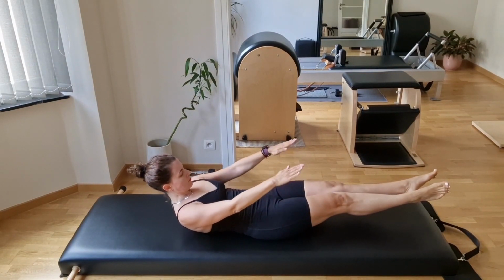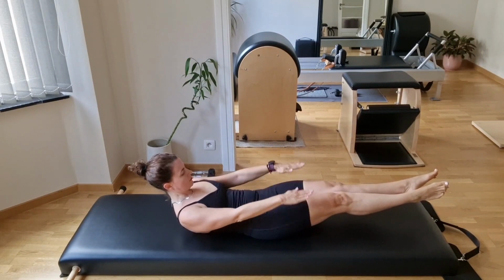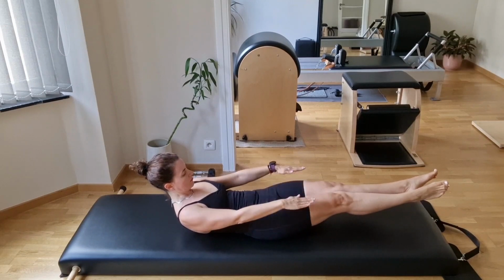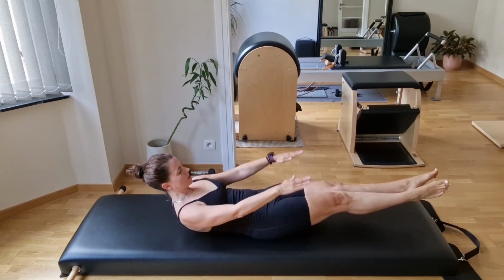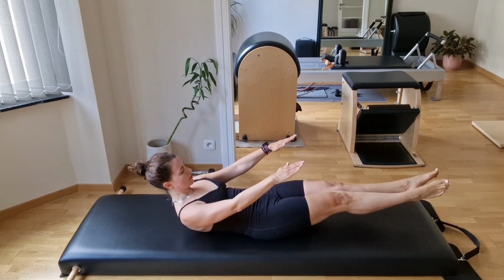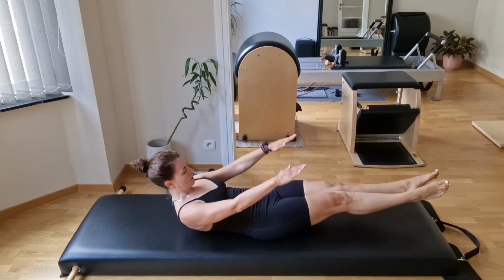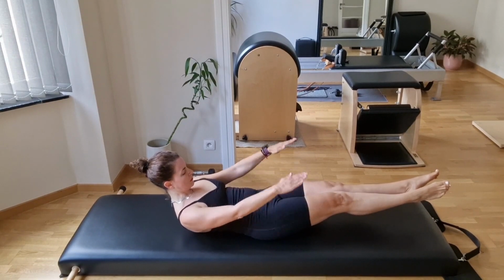So the first exercise of the mat, your warm-up. You need to bring air into the lungs and to take it completely out. In for 5, exhale for 5. Keep the tailbone as much as possible lengthen, but of course if you need to keep your legs higher, then